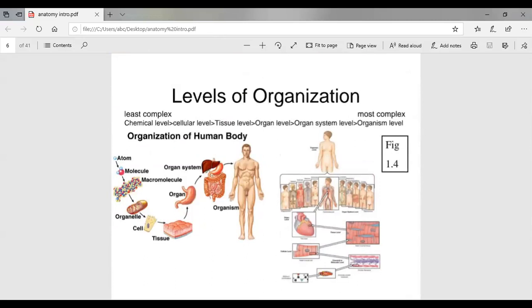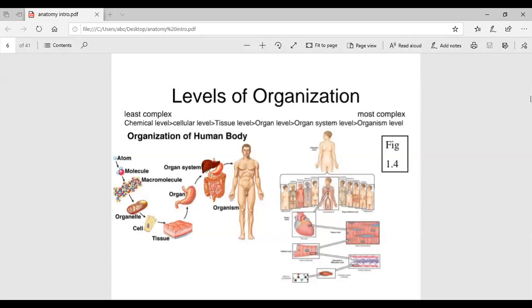We discussed that there are different types of levels. Now we will go in the reverse order. Can you see the man standing in the center, right? What is a man? Basically, it is an organism. What does an organism mean? Organism means an animal. Just like a mosquito, a camel, a giraffe, or any other animal, these are different organisms. Similarly, human or the man is also an organism.